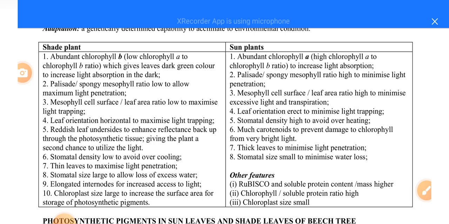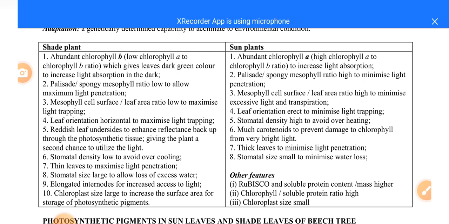Then number 7, we shall look at the thick leaves to minimize light penetration. So when we talk about thickness of leaves, we say that those plants which live in or under tree canopies have thin leaves to maximize light penetration. Now when we talk about sunny plants, they have thick leaves to minimize light